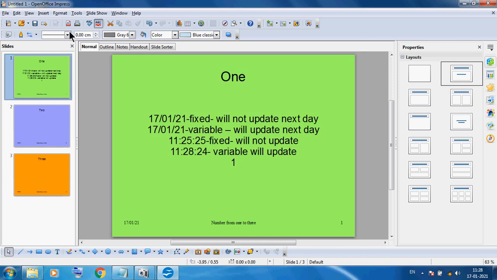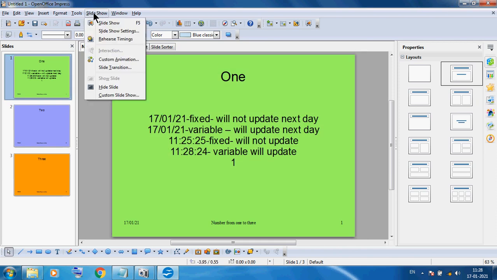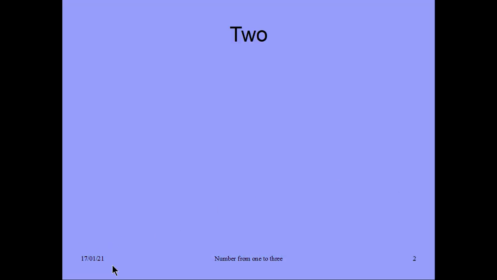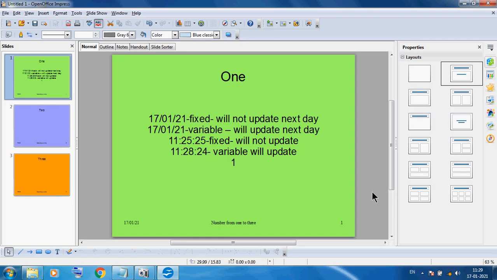If you want to see it in full screen, we can use Slide Show. Now you can see this is our first slide, and this is our date, message, and slide number. Click on this. On the second slide you can see the date and slide number 2 automatically changed, and this is our date and footer text and 3. So using Header and Footer we can directly add a footer and reuse the same data repeatedly on each and every slide.